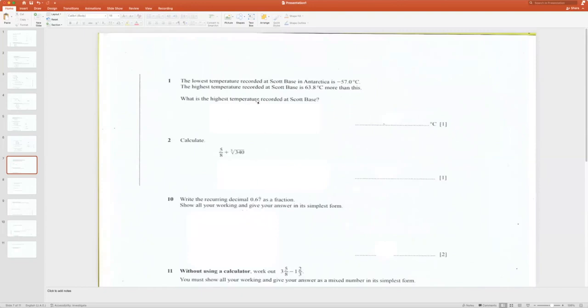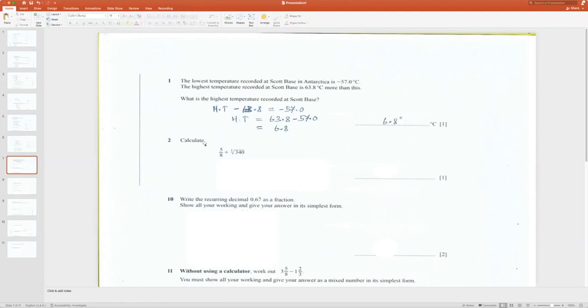The lowest temperature recorded at Scott Base in Antarctica is minus 57 degrees. The highest temperature recorded at Scott Base is 63.8 more than this. What is the highest temperature recorded at Scott Base? So we can write like this: highest temperature minus 63.8 equals this value. So highest temperature is this minus plus, this minus value becoming plus value here. 63.8 minus 57 is 6.8